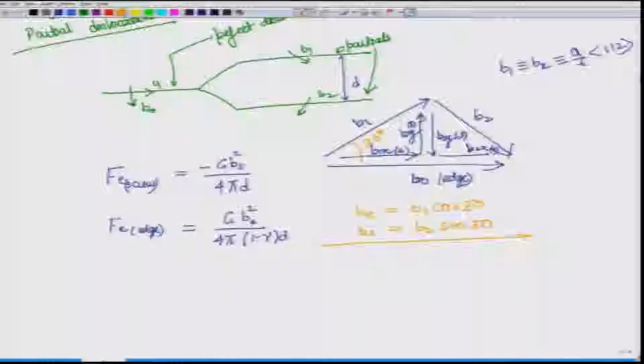Now, when we put this over here, I will leave this exercise to you: what will be the net force, will it be attractive or repulsive? As you would see, it would actually come out to be that the net force is repulsive, meaning that this partial will repel this partial. So, they will want to move away from each other. The two partials are like this, and because of the repulsion they will want to move away from each other. But what happens when they move away from each other?